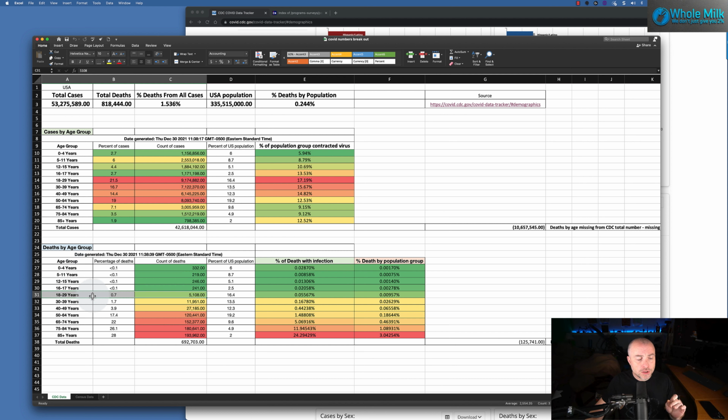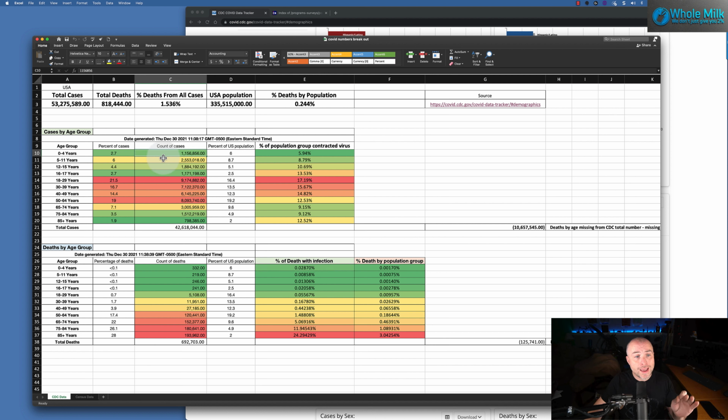When you get up to the 18 to 29 group, there's been 5,000, and 30 to 39, 11,951, and so on and so forth. You can read through the numbers. 85 plus, they had 193,000 people die in that 85-year plus swath. So then let's look at this based on infection. If you got COVID and died from COVID, that's what this column here represents. So the percentage of deaths from your total count.